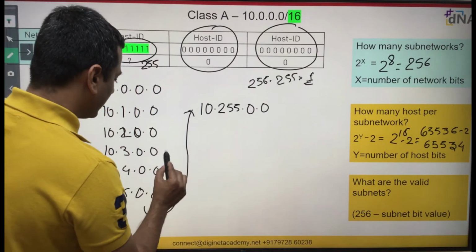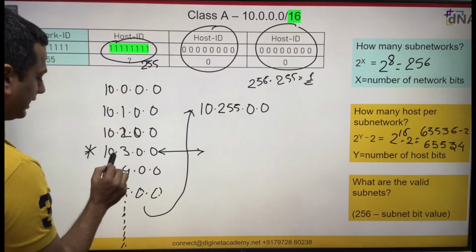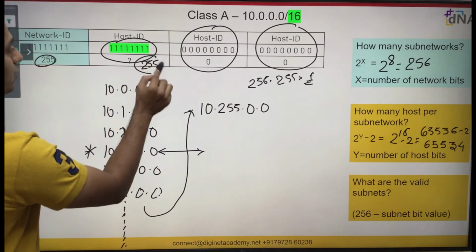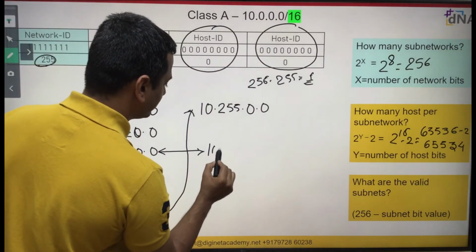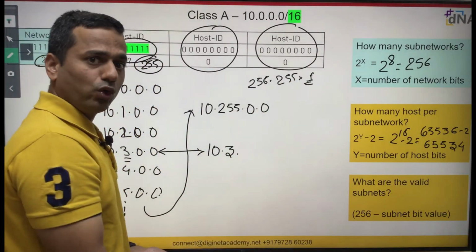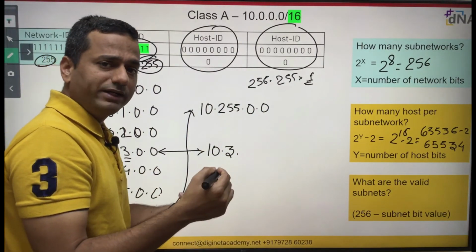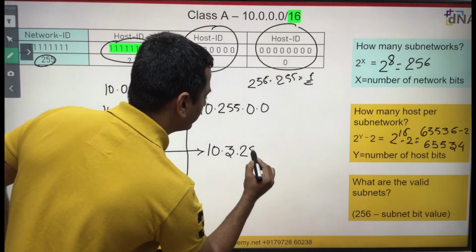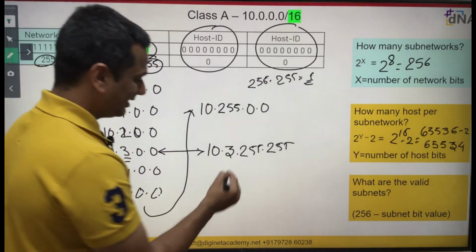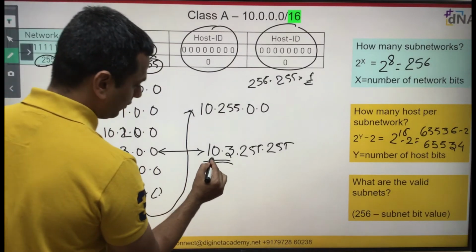Now guys, how do we calculate the broadcast ID of this subnetwork? This one, 10.3. Below 10 we have 255, below 3 we have 255, meaning it will not change and remains the same: 10.3. The third octet and fourth octet are my purely host portion. So just set all bits to 1, meaning broadcast: 255.255. Simple logic, right? Here 10.3 will not change, because below 10 we have 255, right?